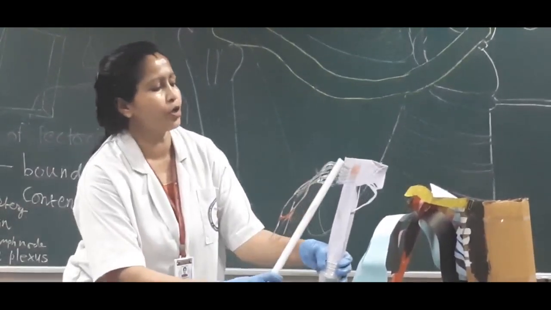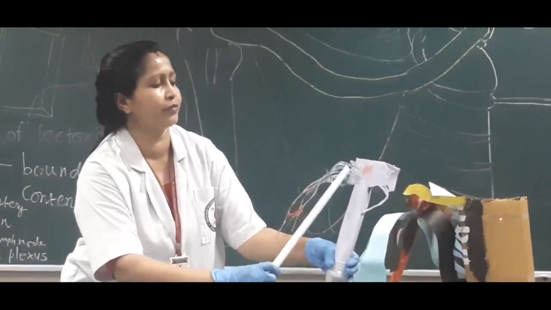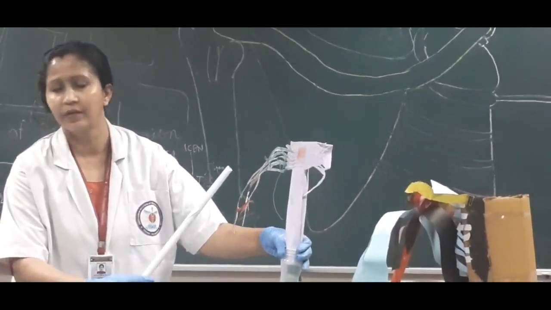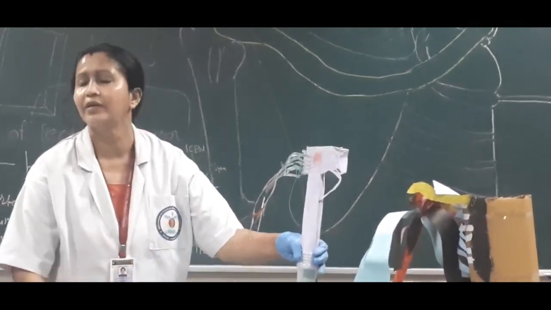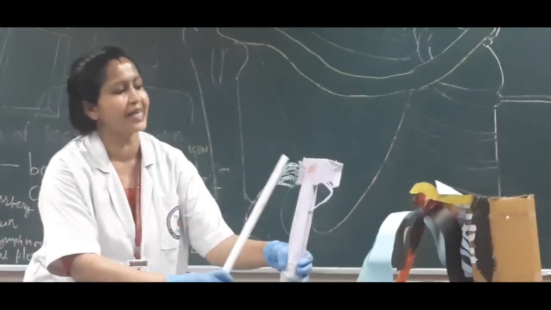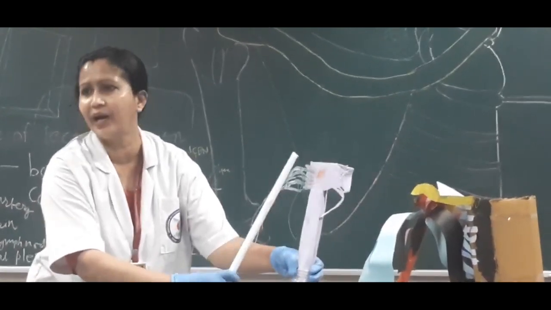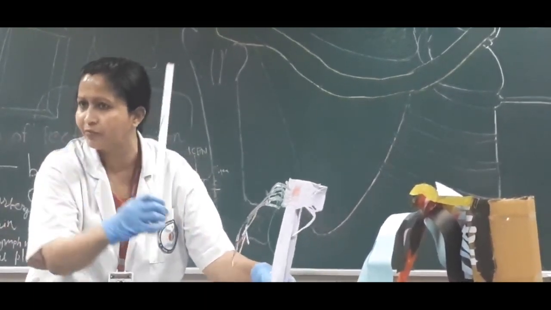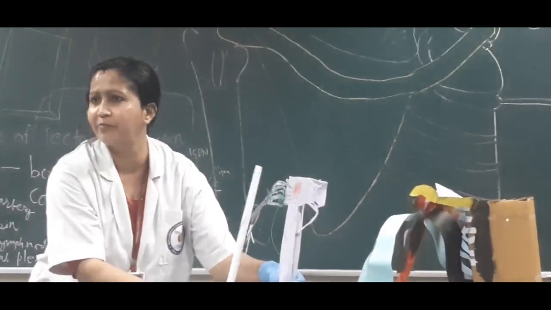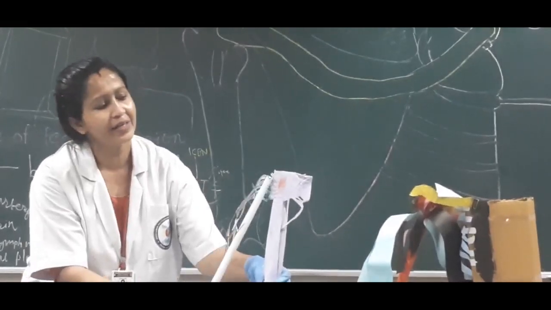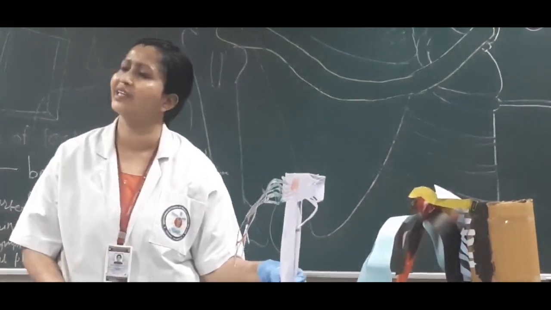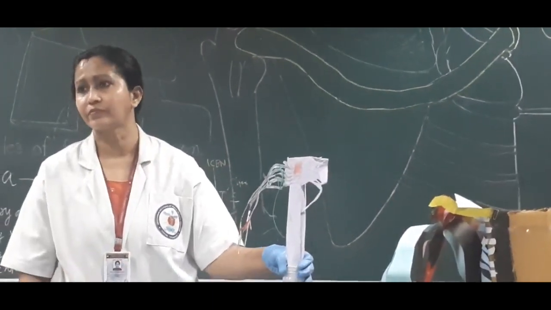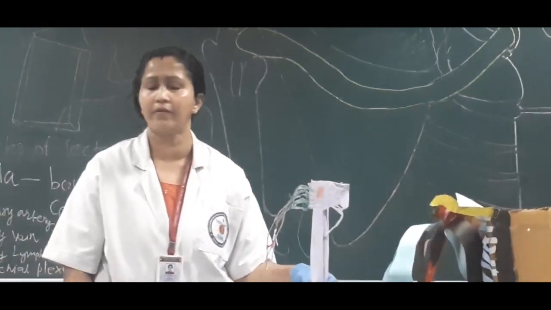Also, from the respective roots, branches are going to the scalene and the longus colli muscles. These are the paravertebral muscles, along the side of the vertebra. You can see this is the vertebra, and here is the spinal cord, which lies in the vertebral canal. So the paravertebral muscles, the scalene and the longus colli, are supplied, also coming from the roots. Clear? Yes.